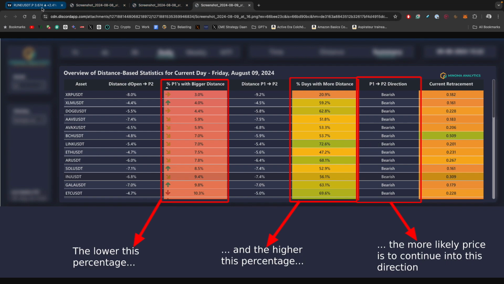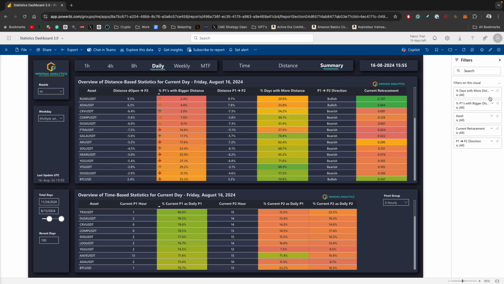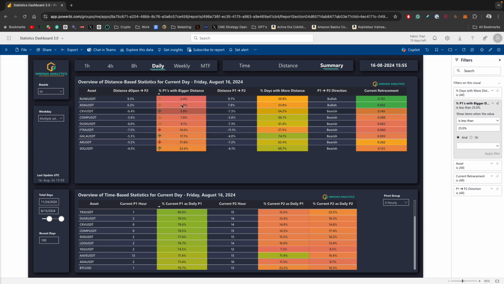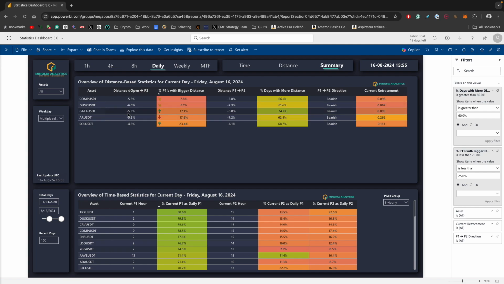Now, one way we can do this, or at least make it simpler, what I always do, is that we can apply filters. So for example, I can say, well, I'm only interested in assets that have less than 25% historical probability of taking out P1, right? So this is less than 25%. And I want assets that have more than a 60% probability, whatever you want, of taking out P2. And in this case, these are the assets you are left with, right? So all these assets have a low probability of taking out P1 and a high probability of continuing further. I can select these,